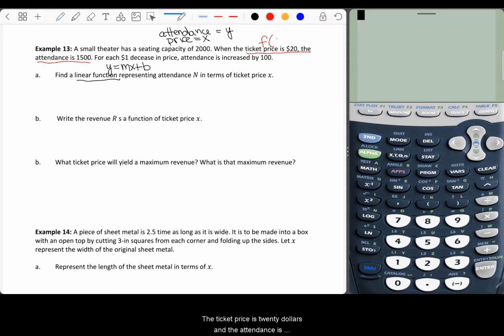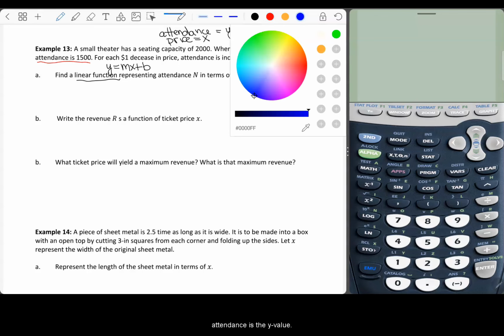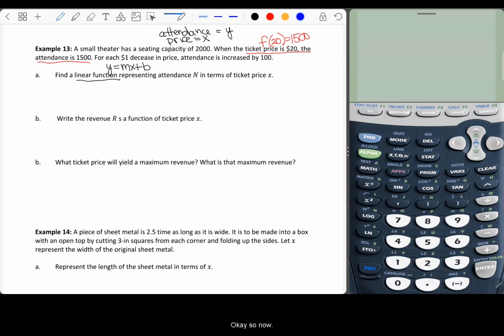The ticket price is $20, and the attendance is 1,500, and that's a point on our graph. So f of x is equal to 1,500. Once again, price is x, attendance is the y value. Okay, so now,